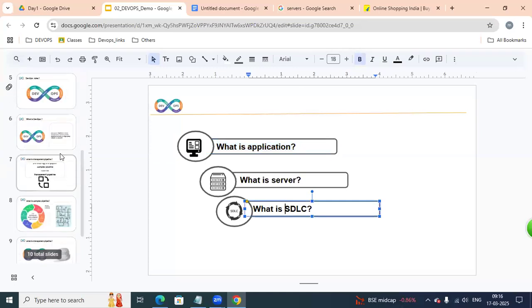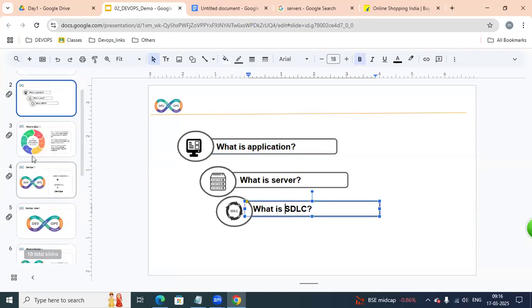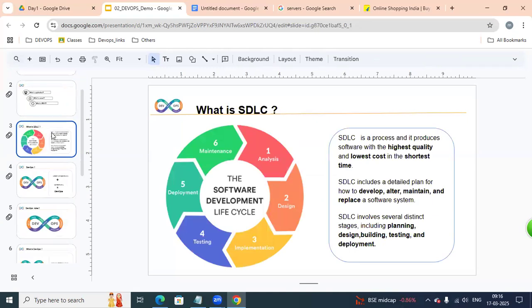But what about SDLC? SDLC is the software development lifecycle.